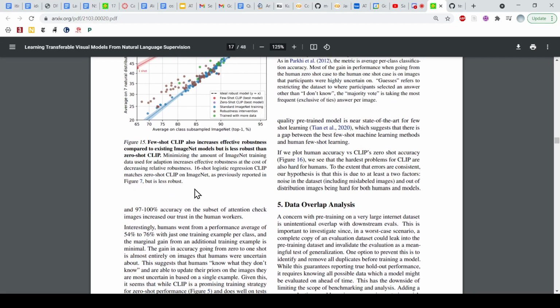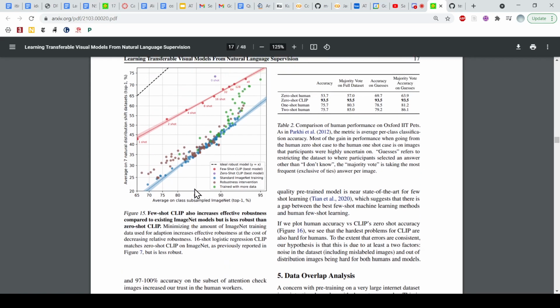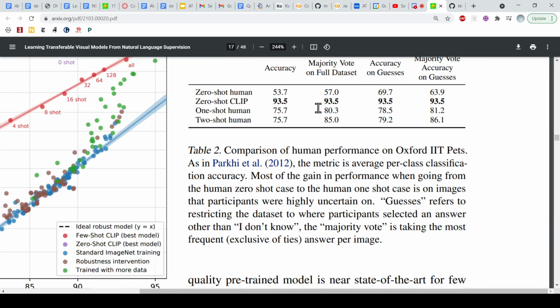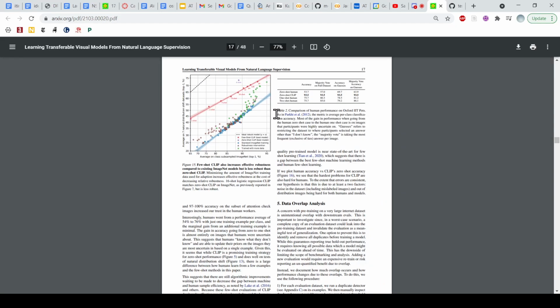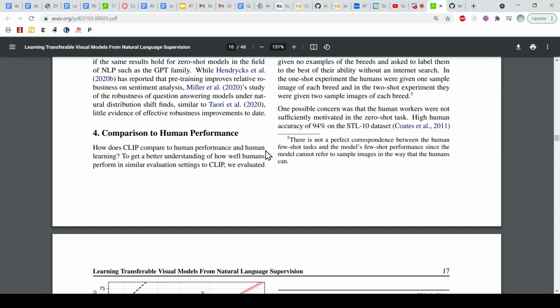Oh yeah, so I guess we're not at superhuman yet, but still pretty cool. Wait, their accuracy though. Zero shot human had an accuracy of 53.7. Yeah, so I read most of this, but I kind of skimmed over the benchmarking. This is cooler than benchmarking, but